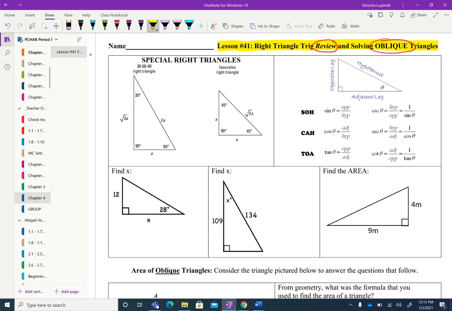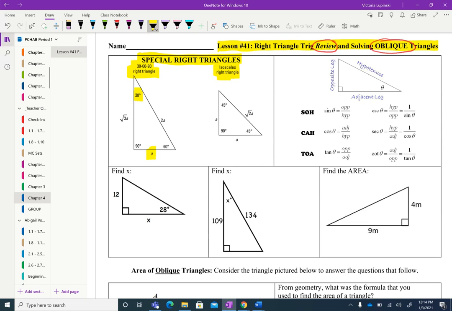So again, to review what we talked about in lesson 40, we have, of course, the two special right triangles. We have the 30, 60, 90 triangle, and then we have the 45, 45, 90 triangle. Just something to be mindful of here: these triangles are often rotated when you see them in different problems. So make sure that you know that the ratios always hold, but you have to make sure that you're looking at the correct angles. So in the 30, 60, 90, across from the 30 will always be the starting length,